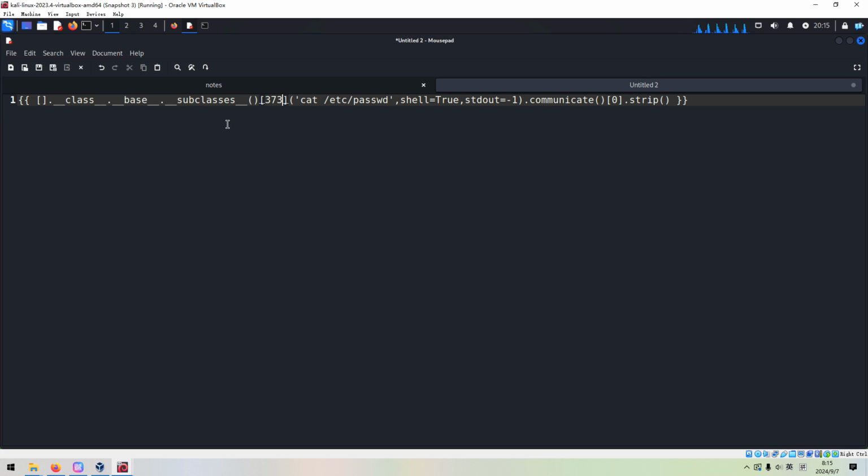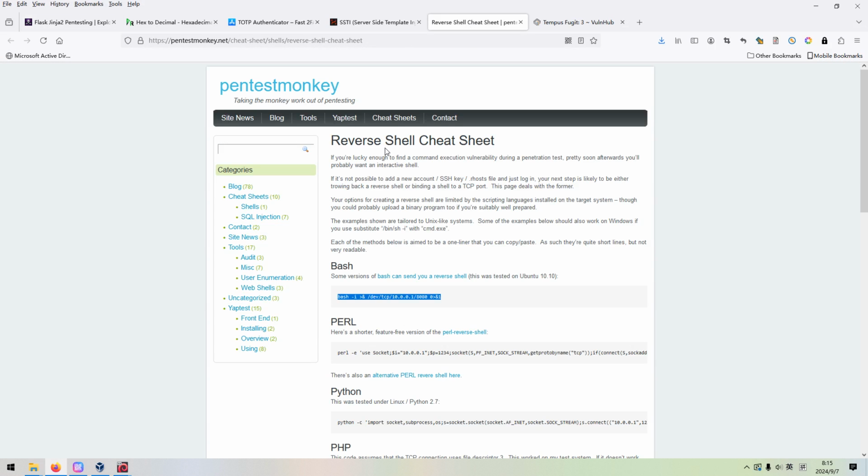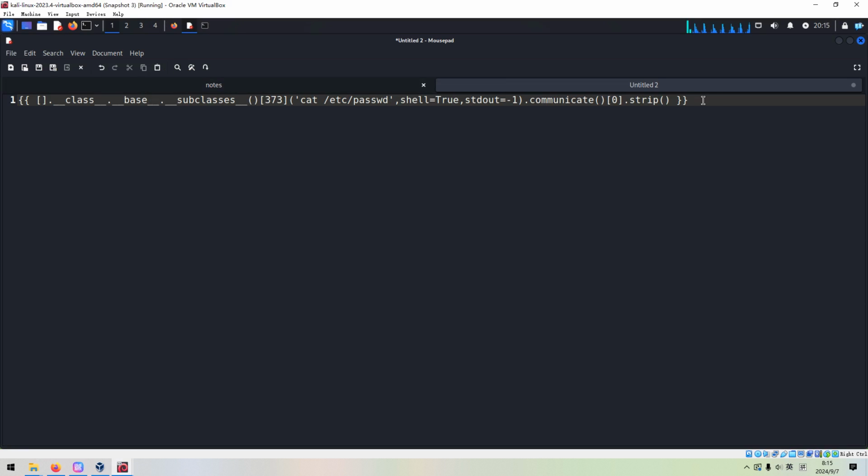And next we need to find the reverse shell command like this one. We can copy and paste over here, and we need to do some modification. We need to change this IP address to our Kali Linux. And as always, change to my favorite port number.